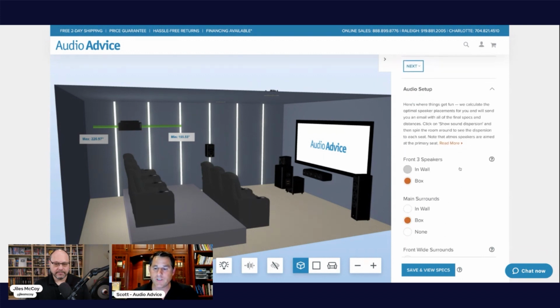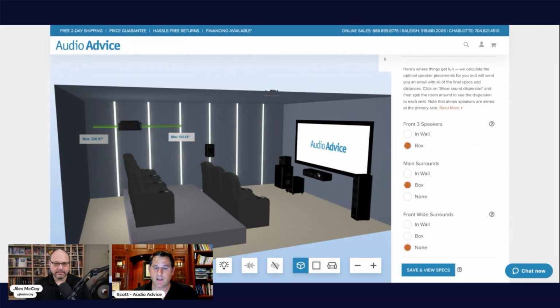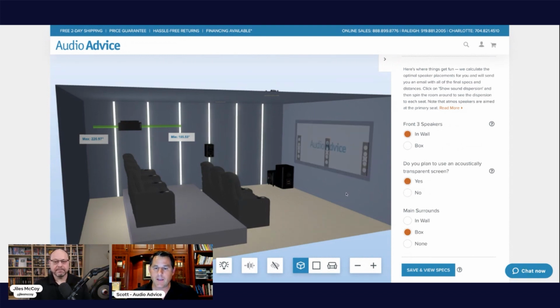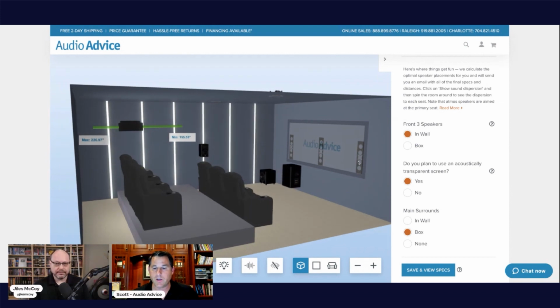So you can, and the audio setup's really cool. We've taken it to this. So you see, you've got the 3 front speakers here. I could change these to be in wall, and it moves the speakers. And then I could even adjust to a transparent screen. And it will show you where those go and tell you where to do the cutouts given the size